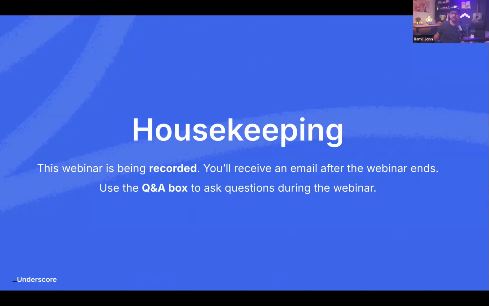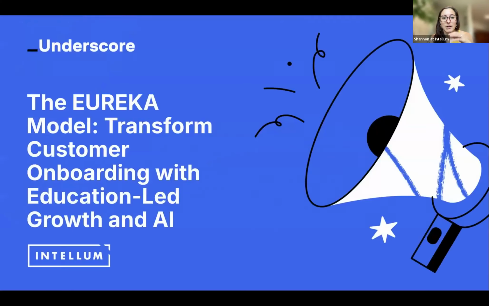And without too much further ado, I want to turn it over to Ramli. So I met Ramli through the product-led growth community a number of years ago. He wrote Product-Led Onboarding. He's written a couple books since then, and just came out with a new book on how B2B SaaS companies can reduce churn and work on customer onboarding. He's going to be sharing some of those insights today, and talking about how to use customer education as part of customer onboarding and the role that customer education plays. So really excited for you to hear from Ramli.